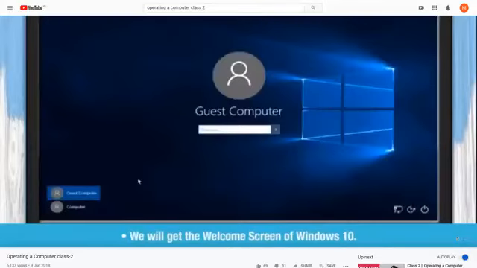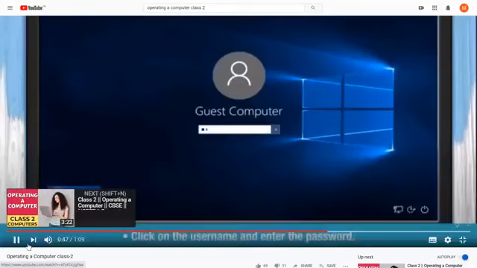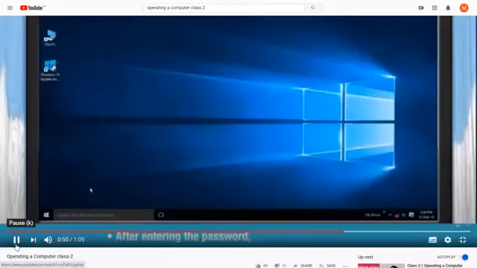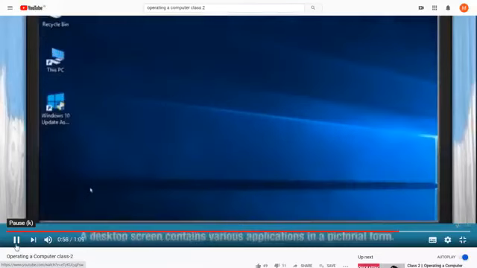Click on the username and enter the password. After entering the password, we will get the desktop. A desktop screen contains various applications in a pictorial form. These pictures are known as icons.